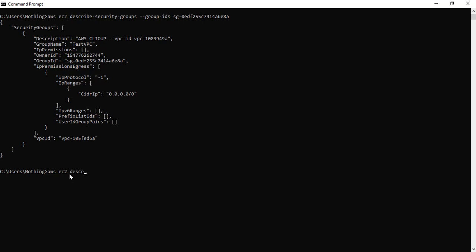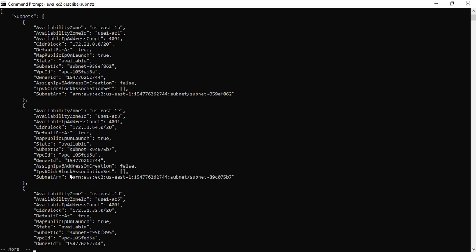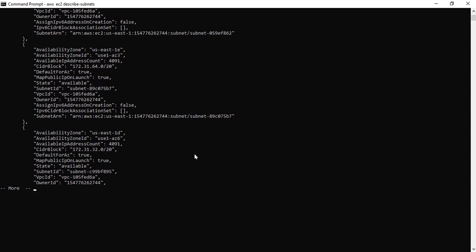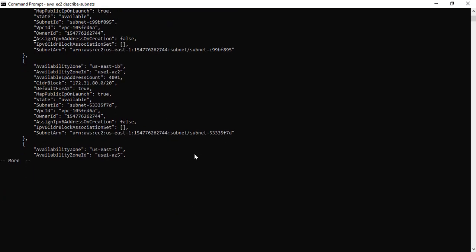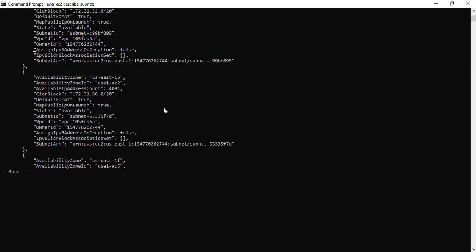So you have another command for describe subnets. So now you will see it is giving us a lot of information, and some of the information is also for the other VPCs. It's not for the same VPC.